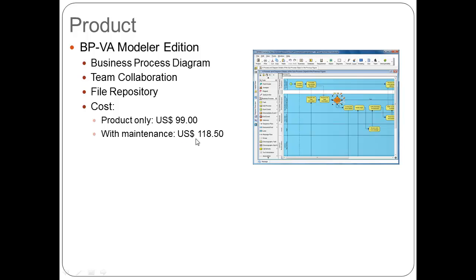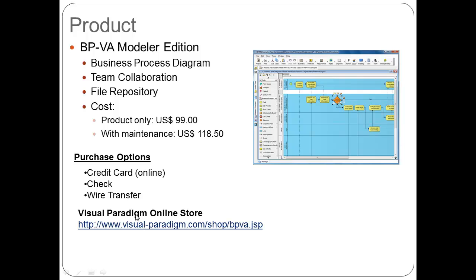Or you can purchase the product with one year of maintenance. It's just $118. And our maintenance includes all the technical support and also version upgrades. For example, if you have Business Process Visual Architect 4.2 today, and we release 4.3 three months later, you are entitled to get 4.3 without any charge because you have maintenance on it. And you can purchase our products online through credit card, by check, or by wire transfer. You can visit our online store